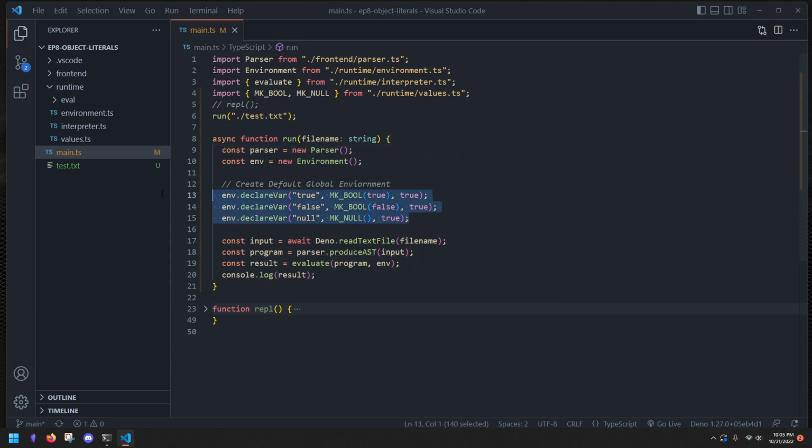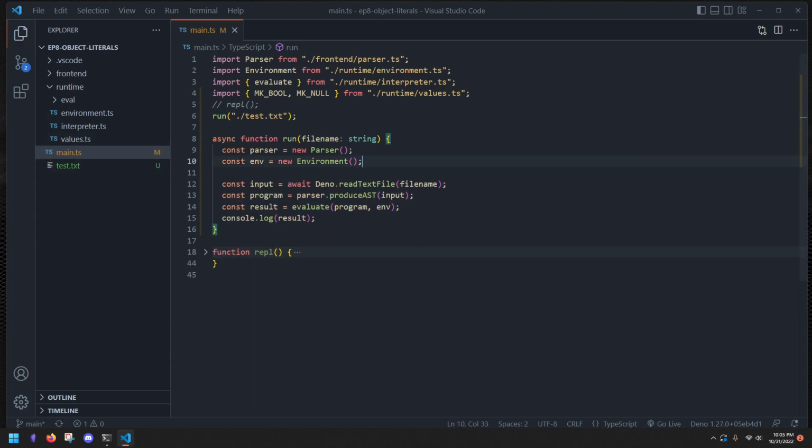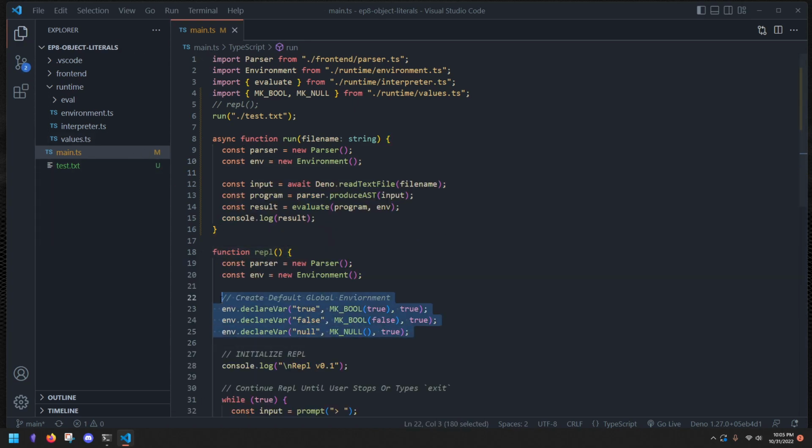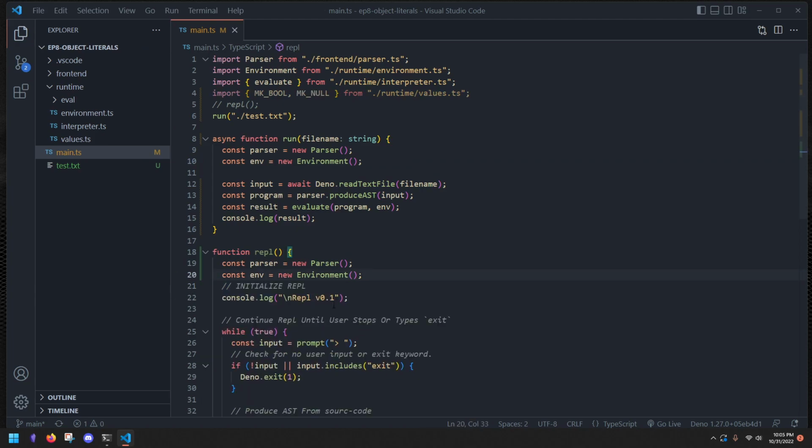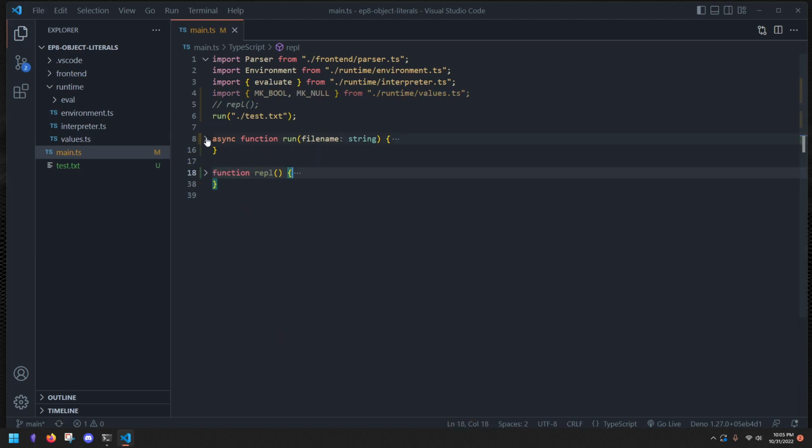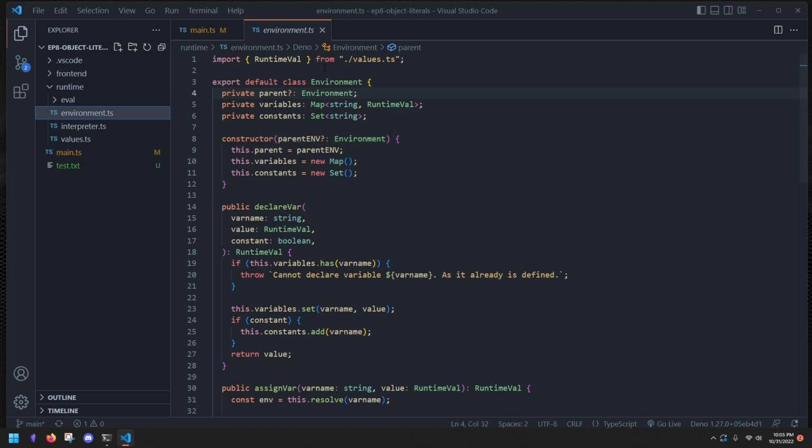But before we get into that, I wanted to implement the environments, right? So currently we're just kind of hard coding these values, and I really think we can do it a lot better. So I'm going to just get rid of the default values in both scopes, right? So I'm going to just copy that, get rid of it, and now let's go ahead and implement in our environment a function,